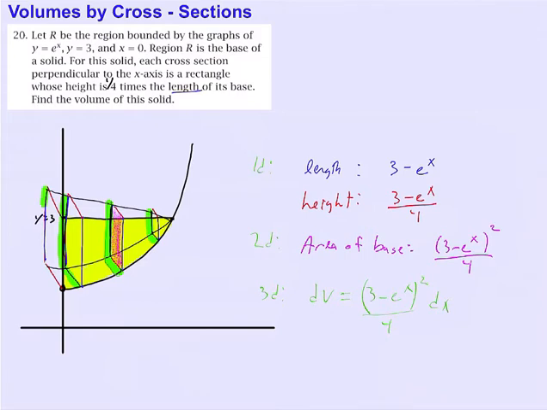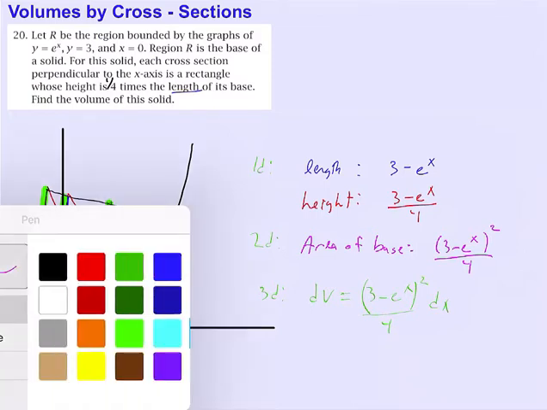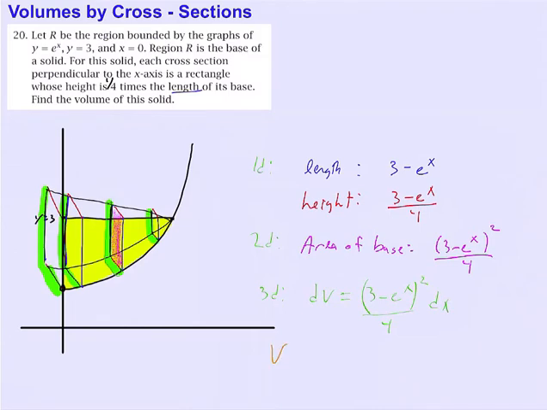And so if I want to add up all of my solid objects, so if I put them all together to find the volume of the entire thing, that would of course be the overall volume, which would be the sum of all of these products. Remember, the dV is a product, the area of the base times the thickness. And if I want to add up all of those different products, we of course know the sum of a bunch of products is the definite integral of the area, the volume of the base,